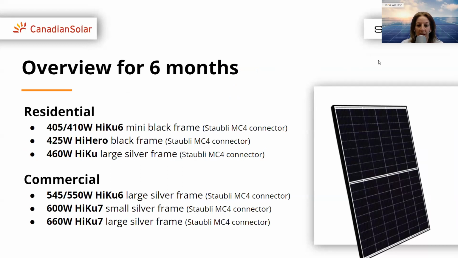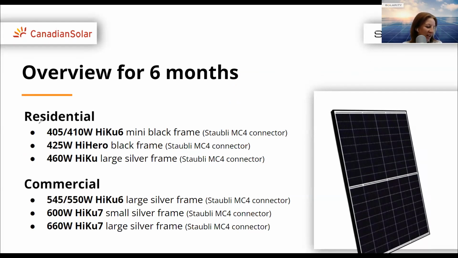Once more about the warranty. For the residential projects, there is a 25-year industry-leading product warranty on product and materials, and a 25-year linear power performance warranty. For commercial, it's usually lower, 12 to 15 years. But warranty is nowadays the biggest question in our whole portfolio, because this is definitely one of the factors for the competition. All the brands are trying to increase their product warranties, so it may change during the year.